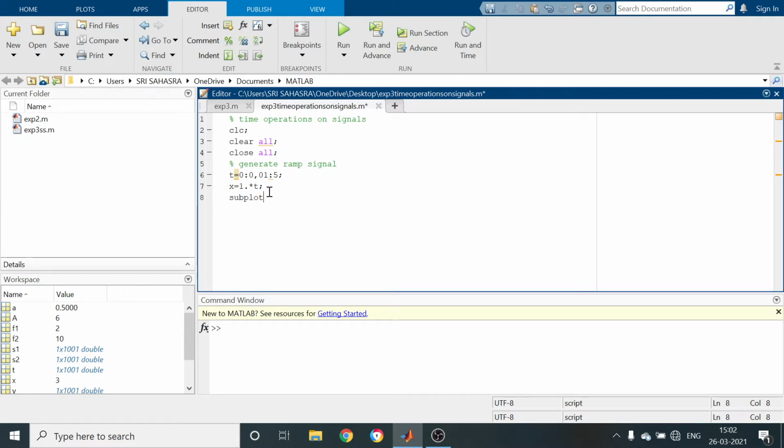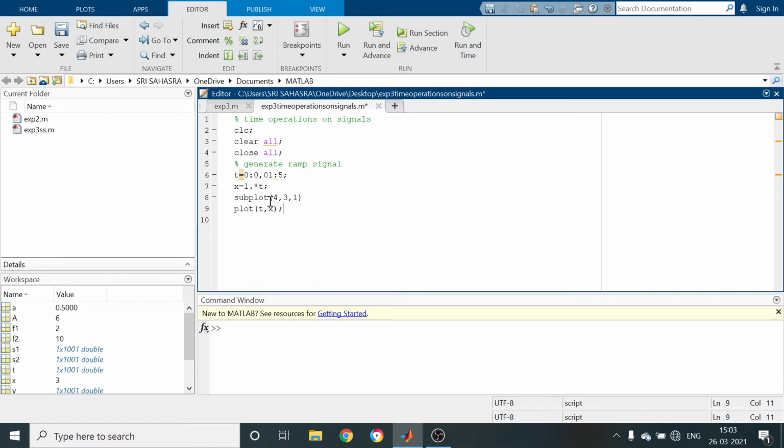So totally we have to get, so here I am going to take 4 by 3 matrices. So subplot 4 by 3 comma 1. In order to plot that, plot t comma x.